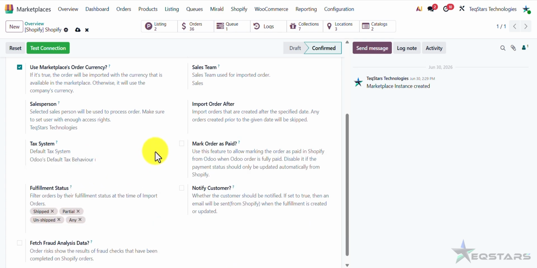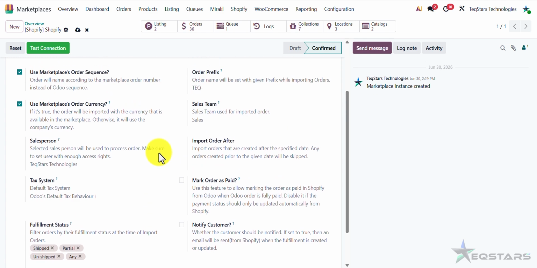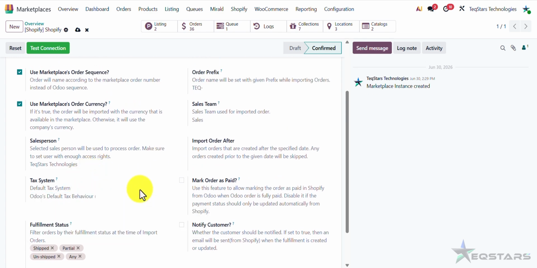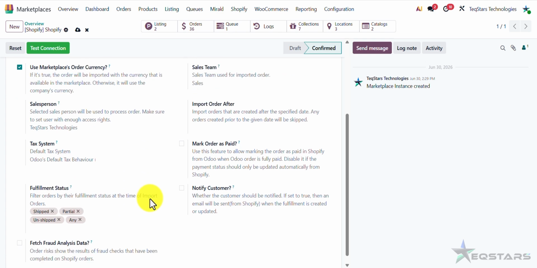Along with this, next, you can set the tax account on credit notes, and the tax rounding, which are used when creating taxes. The connector also provides some Shopify-specific order settings. First is the fulfillment status, which lets you filter orders by their fulfillment status at the time of importing orders. Next is Notify Customer. When this is enabled, an email is sent from Shopify when the fulfillment is created or